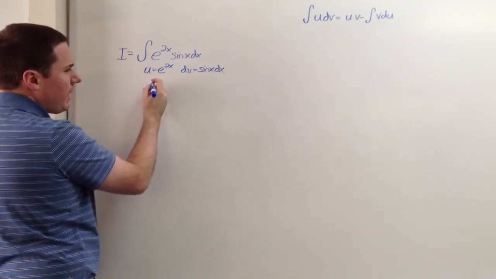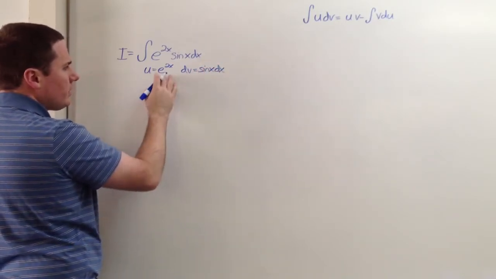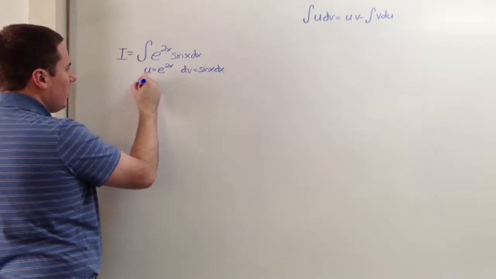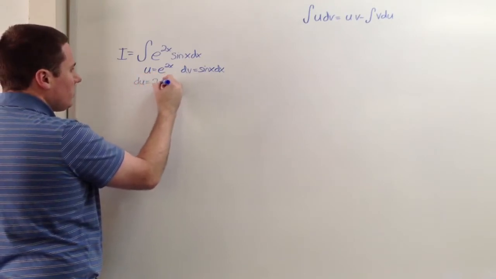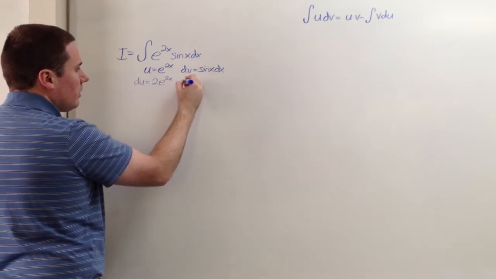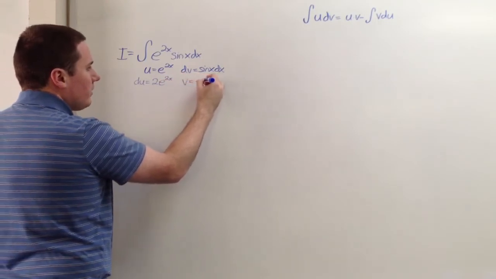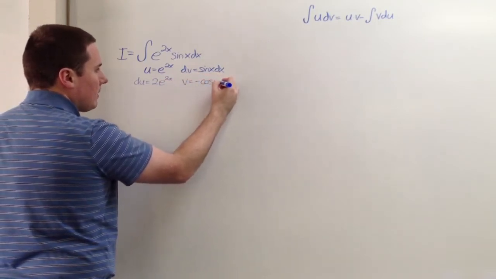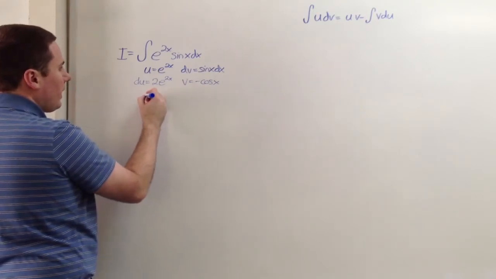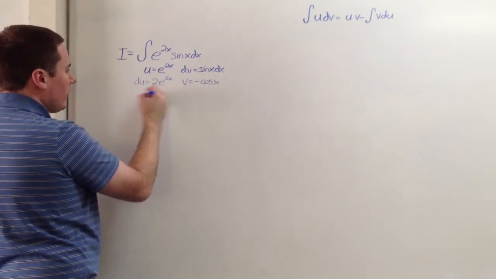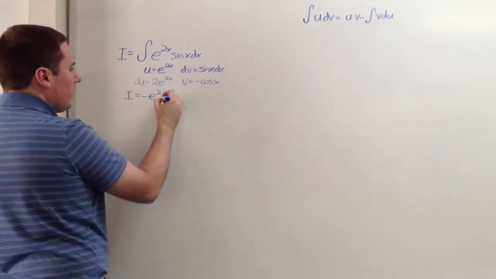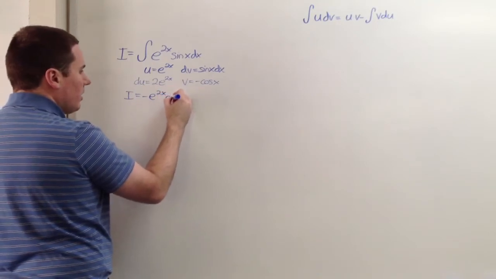Your choice really doesn't matter here. You can go with either one. It's just easier to derive this. So du equals 2e to the 2x, and v equals negative cosine x. So we get I equals negative e to the 2x cosine x,